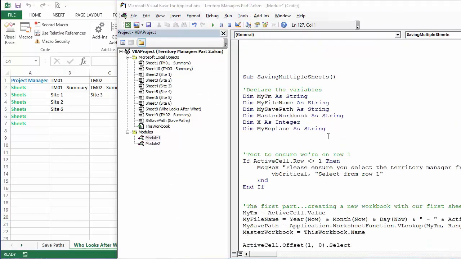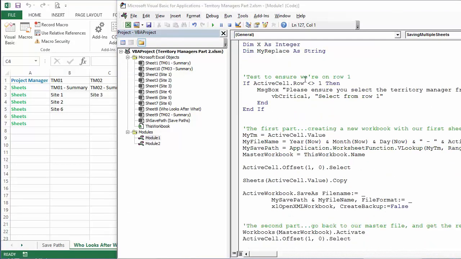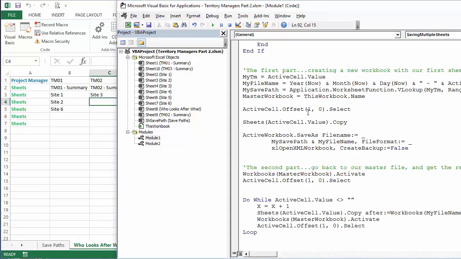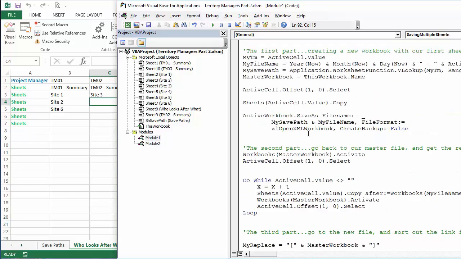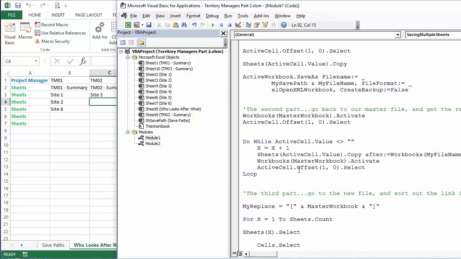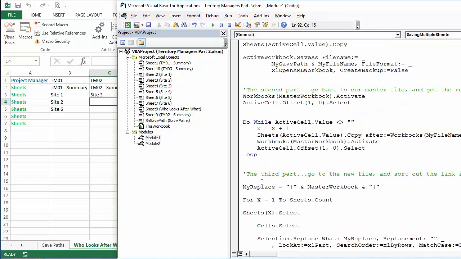Okay, let's have a quick think through that code and make sure that we've done it right. So this checks that we're on row 1, that's all good. We know this part works for creating the new workbook. This part, the second, loops through and adds all the other things. Here, before we go to the replace, what we want to do is make sure we've selected the new